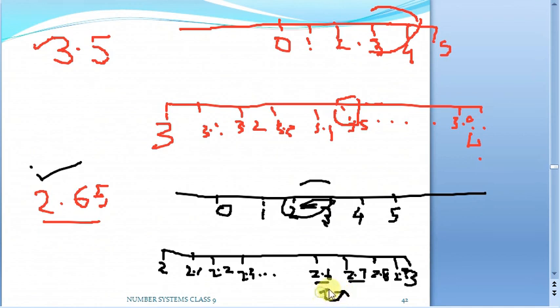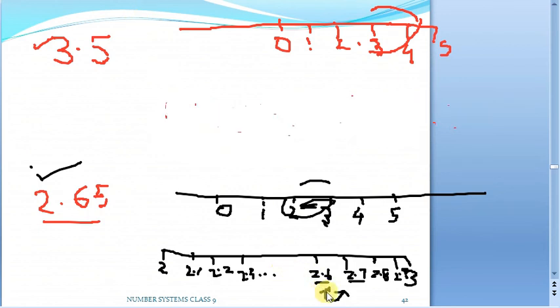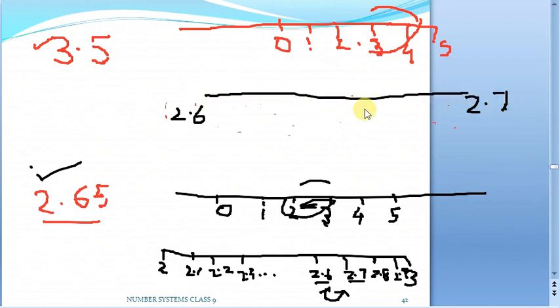Now what I will do, I have to take one more step for magnification. Let us magnify this particular region. So you take 2.6 at one end and 2.7 at the far end. In between, when you zoom it and see closely between these two numbers, you will be finding 2.61, 2.62, 2.63, and likewise somewhere, exactly in the middle, you will be finding 2.65. This is our required number. So here you will be having 2.69 and our last number is 2.7.